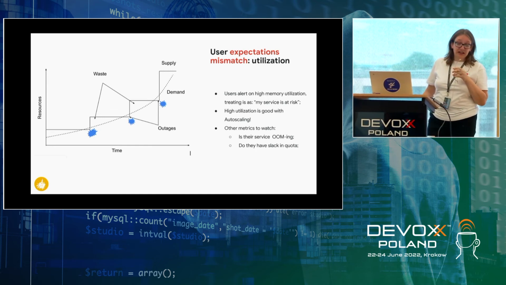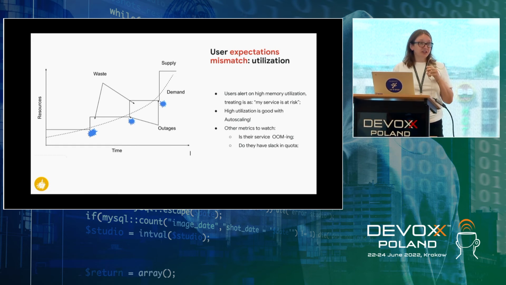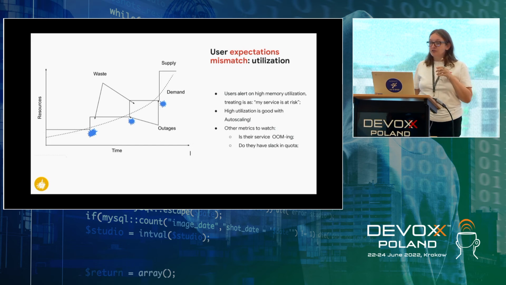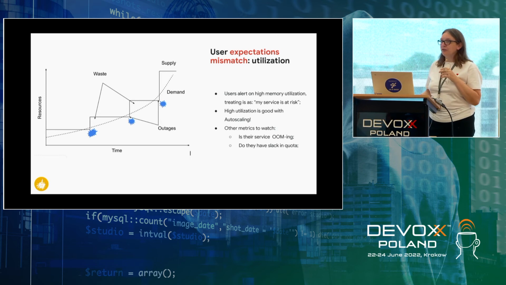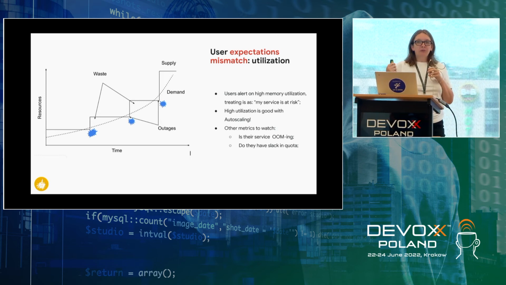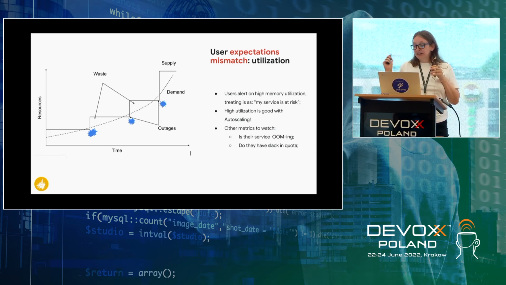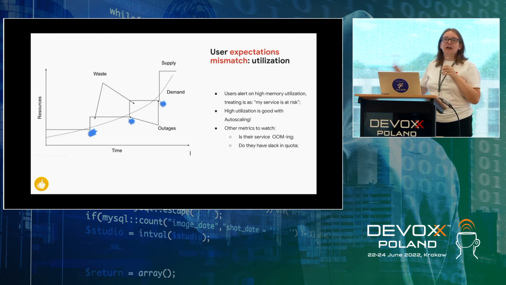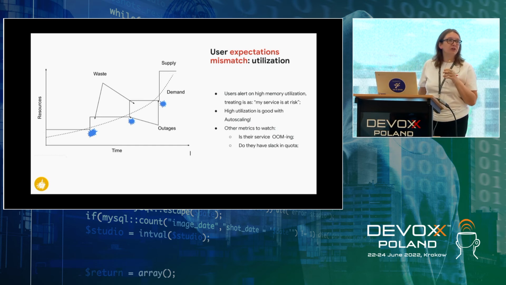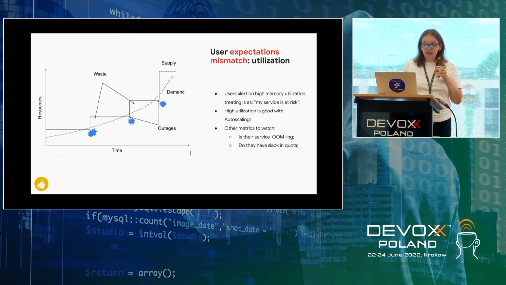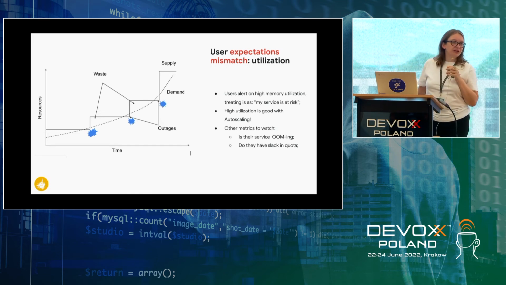But in reality, with autoscaling, high utilization is actually good. Especially with stable memory usage, you are able to really achieve high utilization. So this requires you to think more in terms of, not "oh no, my utilization is large", but "oh no, the autoscaler was not able to scale up", right? So you can have your monitoring, for example, on quota, and maybe monitor if autoscaling is doing its work. So, for example, monitor for OOMs.